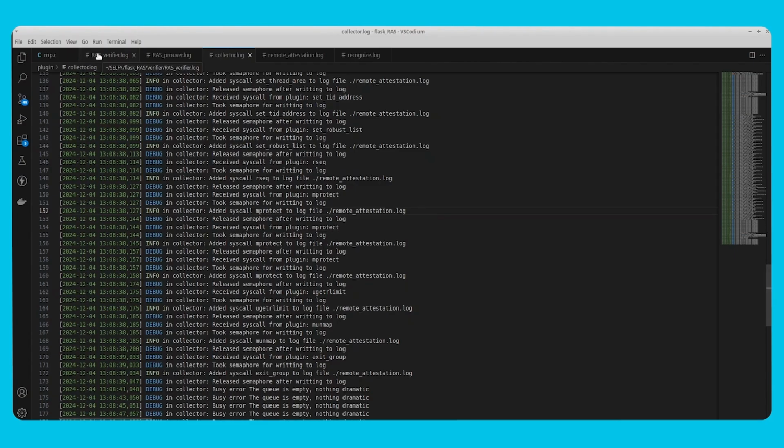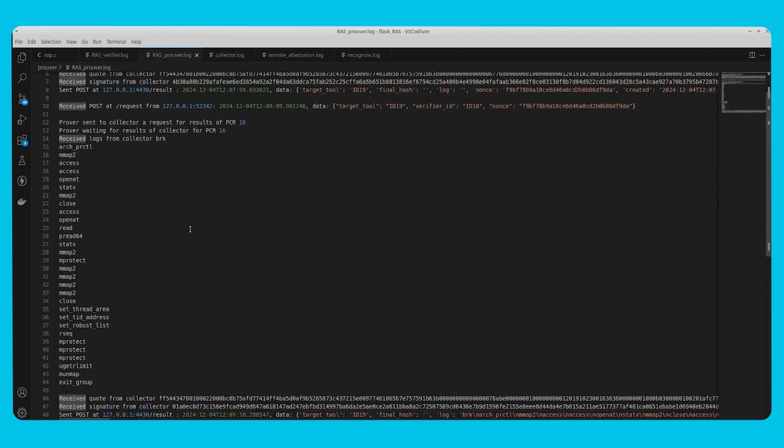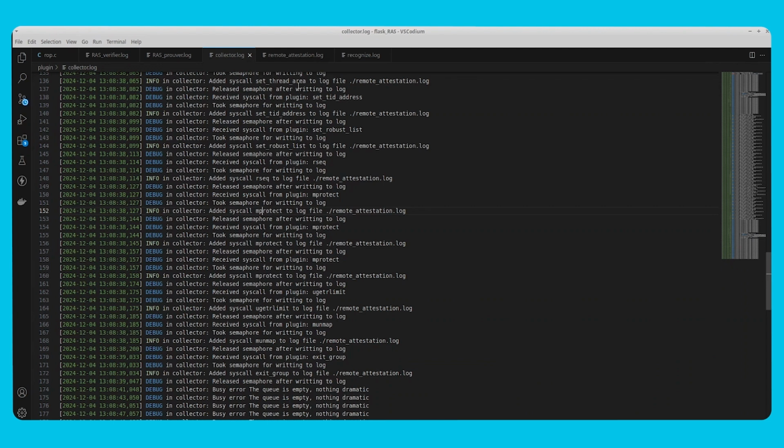We can also see the information of the request here. So we receive the request and it is validated against the reference value that the verifier has, and the quote is verified. So the part of the TPM is also verified. In the prover, we can see that it has transmitted all the system calls, and it also received the quote from the TPM that is sent to the verifier to check it. The collector did nothing,